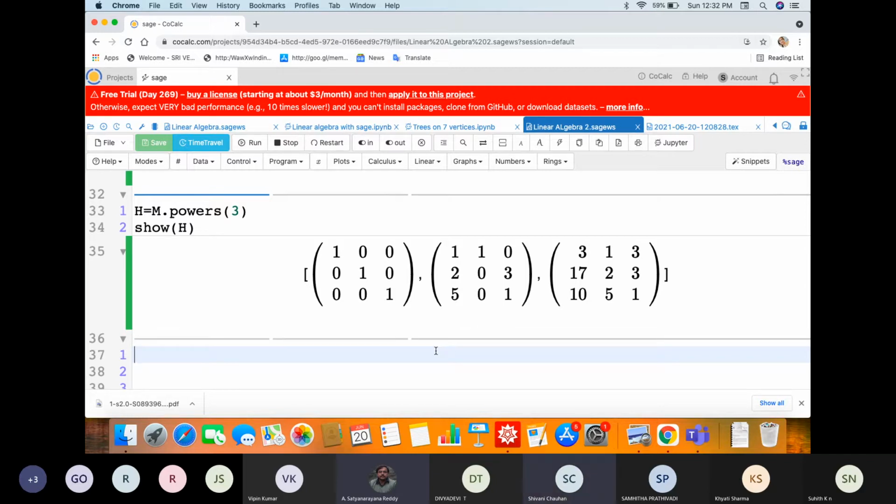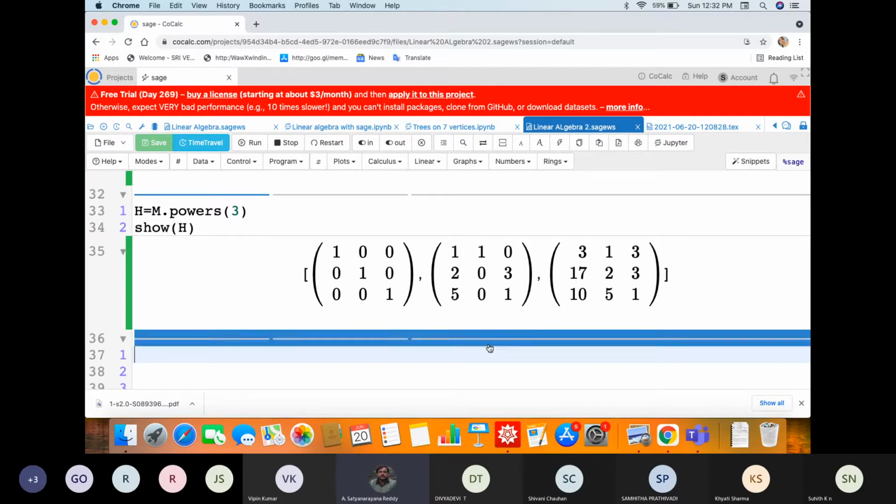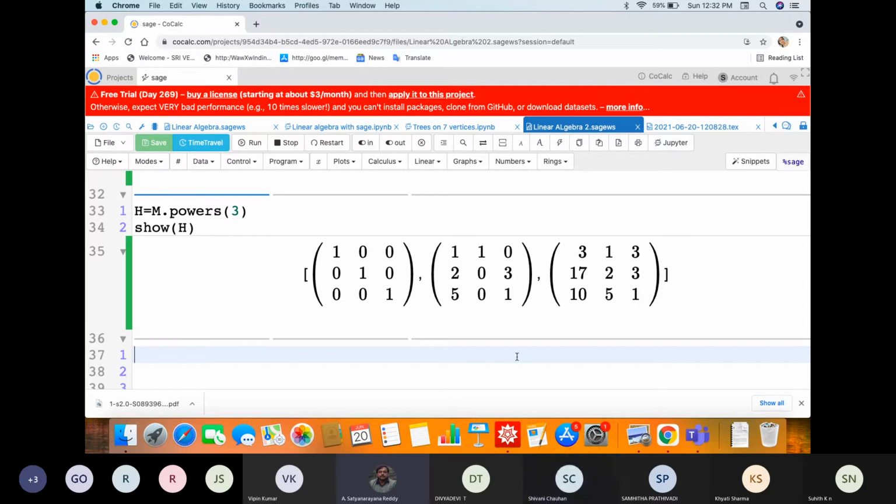Now if you square it, you see that every entry becomes positive. Those matrices are called positive matrices. A matrix in which every entry is positive is called a positive matrix. Now a non-negative matrix which, after some power, becomes positive, is called a primitive matrix.